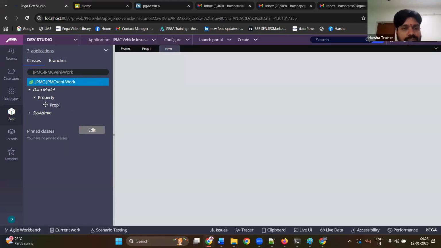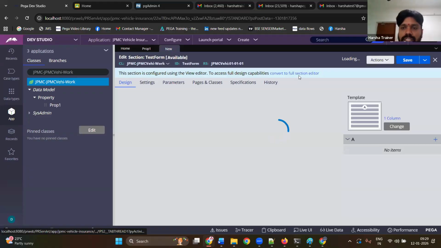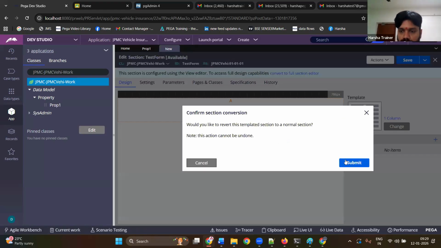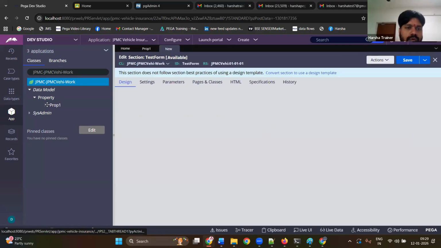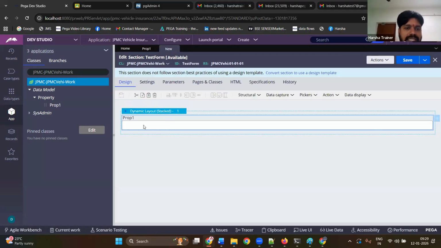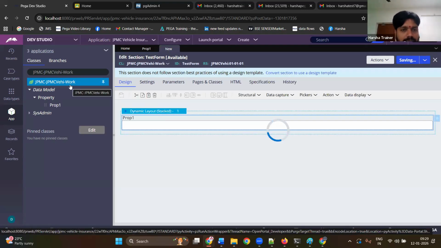So a form which contains one attribute. I'll tell you why it should contain an attribute and all, but my only point is, whatever I am teaching you, only think up to that level. Don't go beyond at the initial stages. You learn slowly one by one. Okay, so now I have one UI form which is asking me to give the value for property 1. This UI form I have also created inside a class called work class.